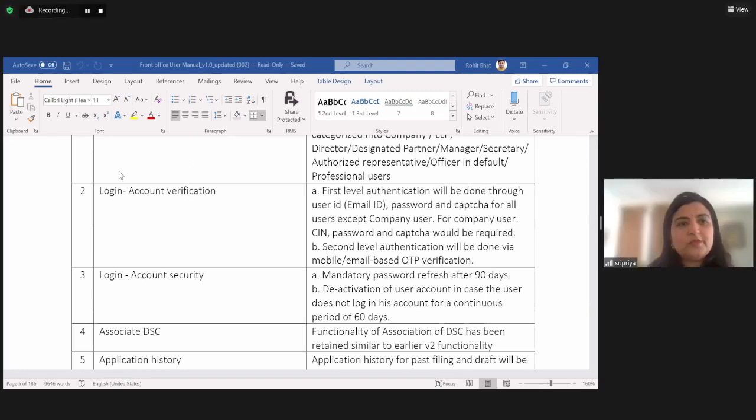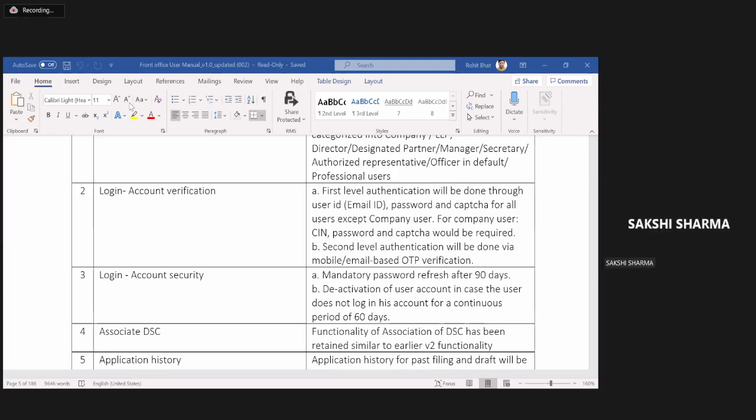So you are saying that you should not call yourself a business user, but you can come in as a registered user. If you are holding a DIN, if you are associated with any company as an authorized representative, if you're a professional, or in any case if you're associated with any company or LLP, you can definitely register yourself as a business user.